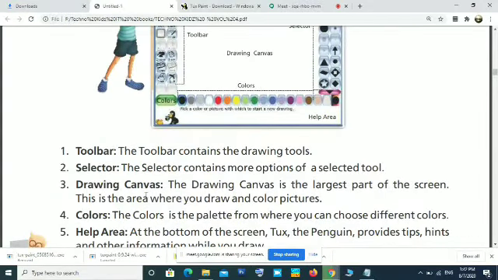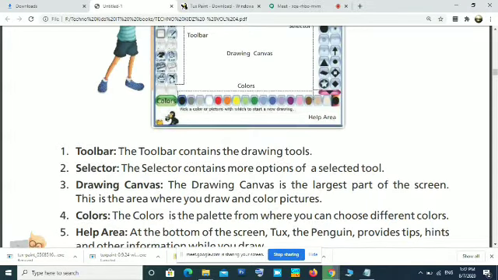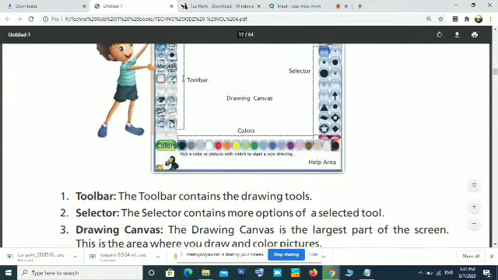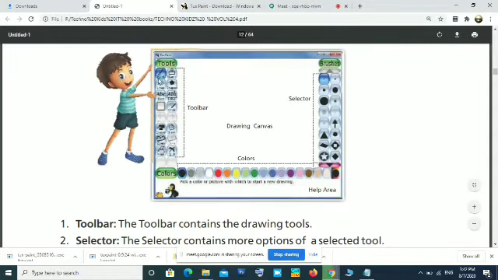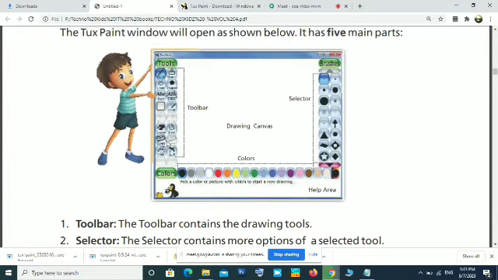Okay, now the components are explained. Toolbar. What is toolbar? The toolbar contains the drawing tools. All the tools for drawing or painting or designing are provided in the toolbar. Last tools are for saving, printing, opening, like that. Just like file menu operations. When you want to open a new file, you will be taking New. Click the New, then a new document will be opened. Now a new Text Paint file will be opened.